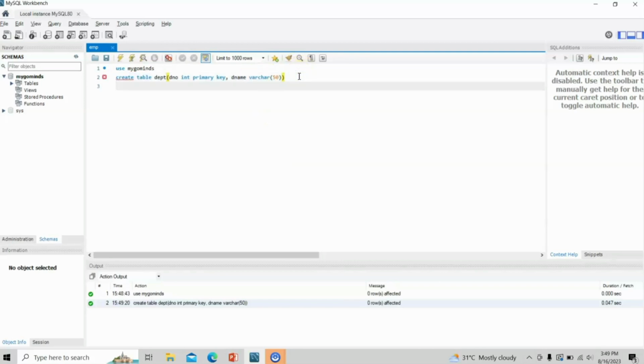Now we'll create the student table with a foreign key constraint. Create table student, S number int primary key, S name varchar of 50 and D number int. Here for D number, we need to specify it as a foreign key. We can do that by giving foreign key of D number references